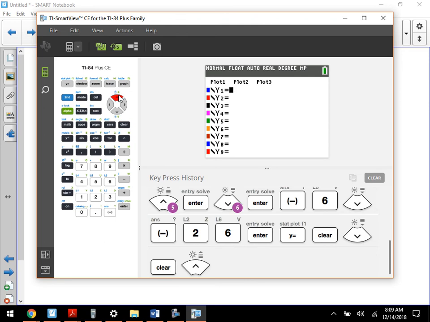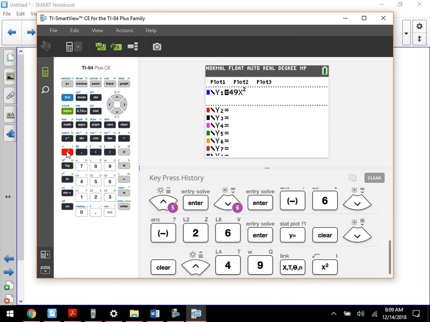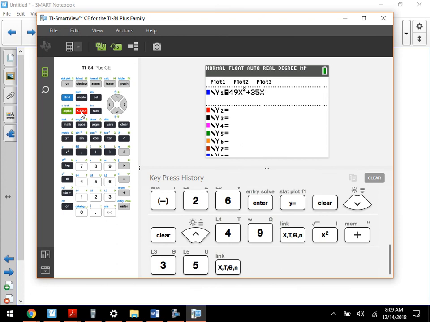49x squared, I believe. Plus 35x, was that right? And then plus 4. Okay. Now, I don't want to factor that, but we all know that synthetic division is also a means of